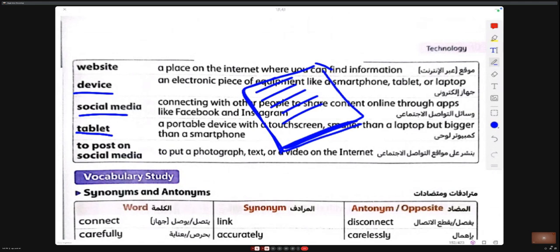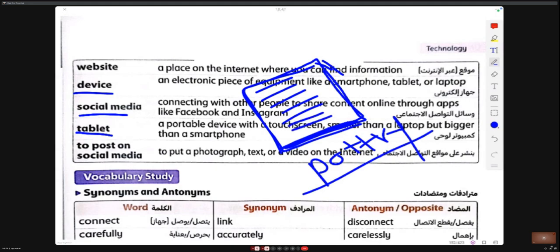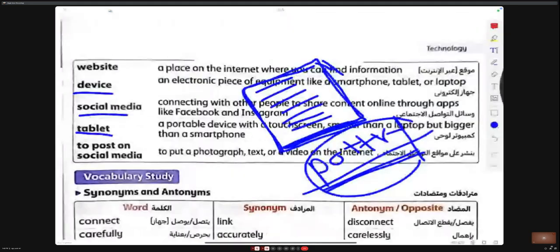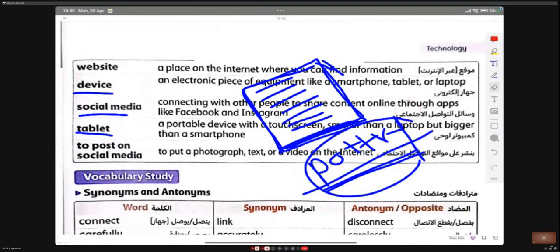So it can be made of wood or maybe clay, and write on it. احنا بنقولها بالعربي شقفة يعني. فالتابلت مش شرط يكون التابلت اللي احنا بنستخدمه على الانترنت.